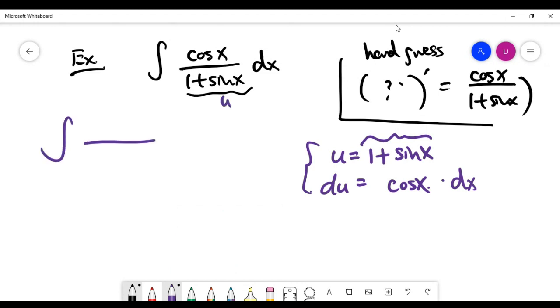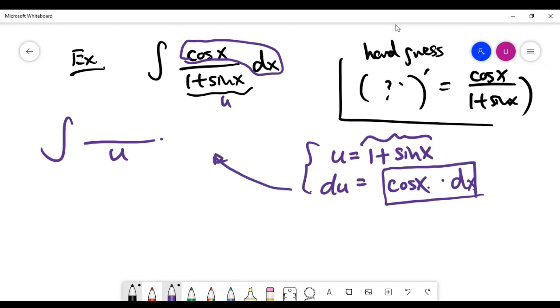You see the bottom, the denominator is u. And how about the remaining? The remaining is cosine x times dx. You see, it's cosine x times dx. And we kind of get good luck now because cosine x times dx is the remaining term here. We need to transform the whole thing into something in u, right? So cosine x times dx, surprisingly and fortunately, is exactly the same as du. It is very lucky for us, and which means now we just need to integrate 1 over u, which is